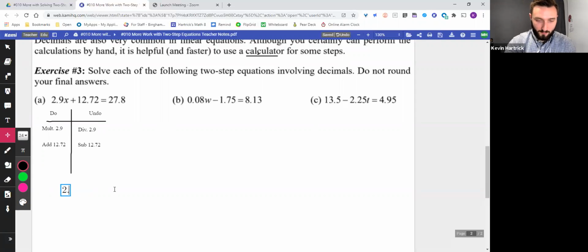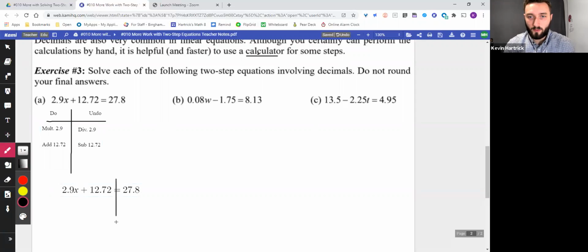So I'm going to rewrite the problem down here. This is the type of work I'm looking for when you are solving these. You're going to be working on practice problems, you're going to be working on homework. I should see this exact type of work when you are doing your work. Okay, so do-undo, remember we start from the bottom and go to the top because we're going in reverse order. So the first thing I'm doing is subtracting the 12.72,